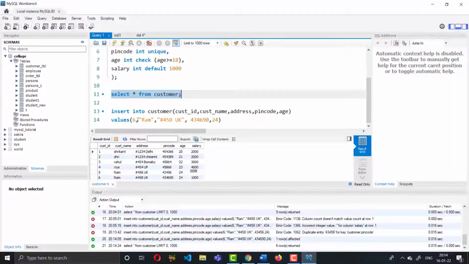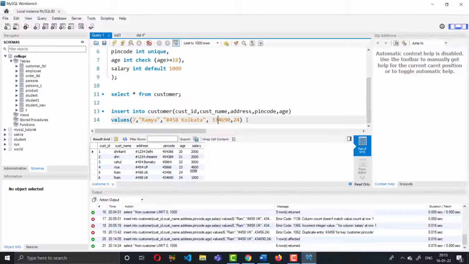Let's create one more entry so that you get clarity. I'm giving an ID, Ramya, Kolkata, and the pin code 33 and age 24. I'm not providing a value for the salary column, so I'm removing the salary column as well.